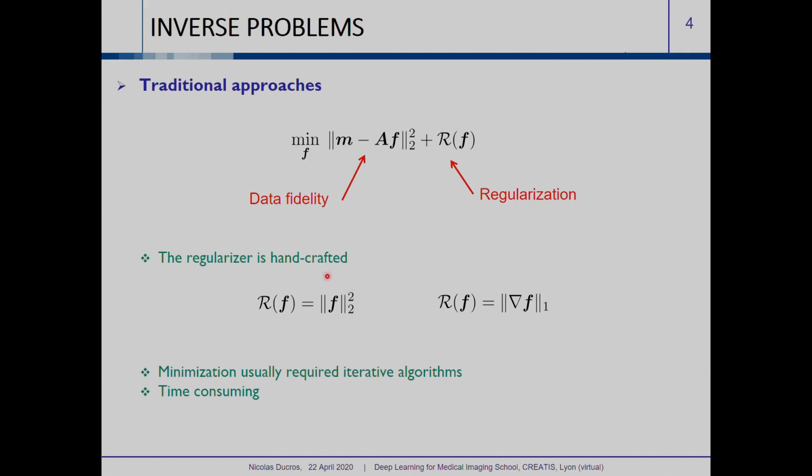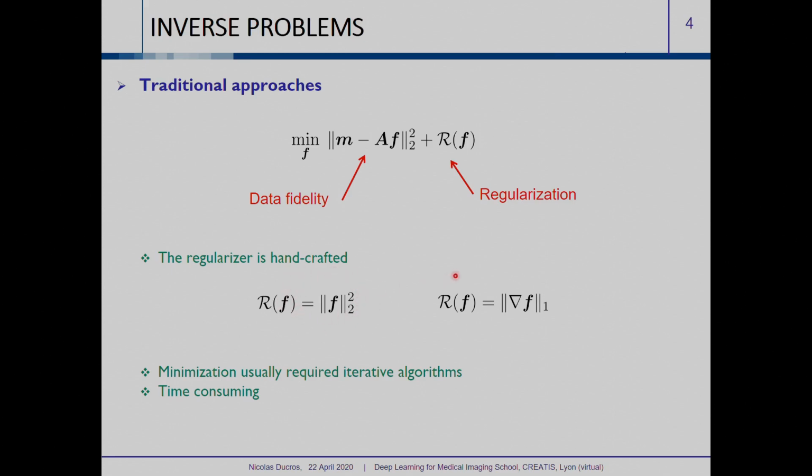For instance, if you don't want an image with very high and very low values and that oscillates a lot, you can use this typical prior. So it's this L2 norm of the image squared. This term will be small if the L2 norm is small. So if you have very high values and low values, this term will be large and you will discard this